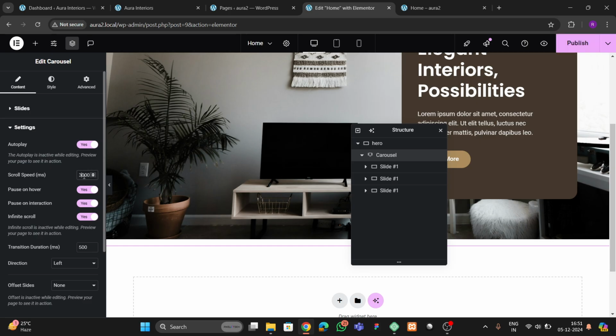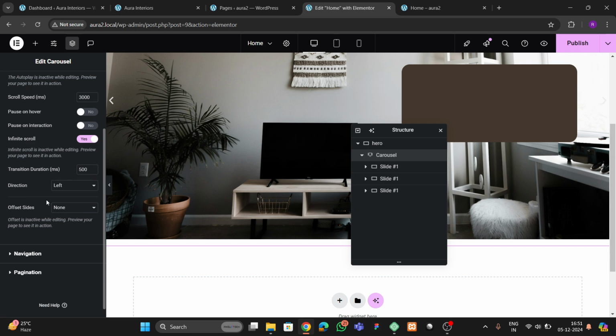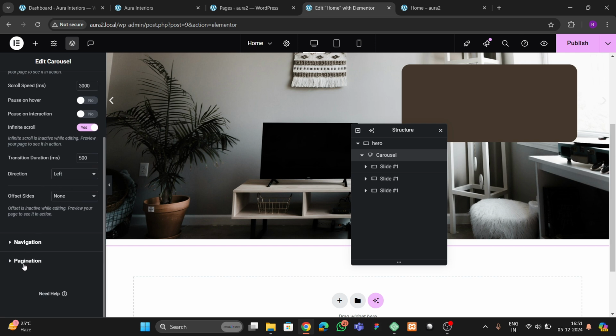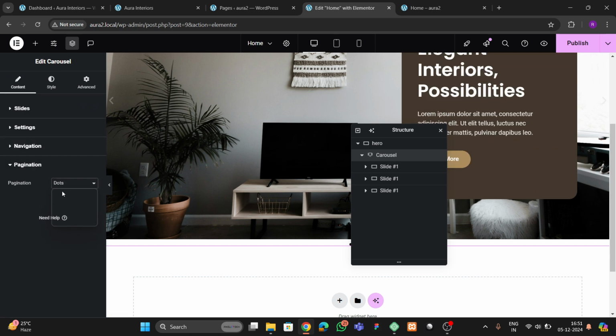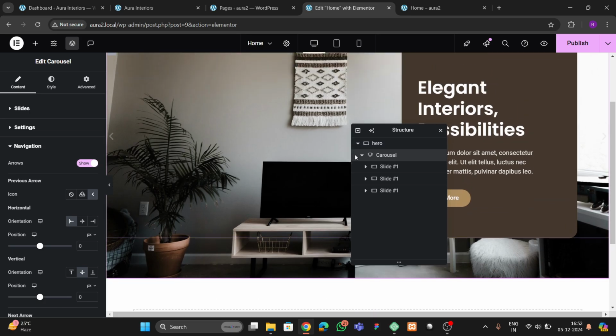reduce the delay time to 3 seconds, and here we have to remove the pause on hover, pause on interaction, we don't want this feature also, and the rest is okay. So we don't want the pagination also, we can make this none. So you will find this option, and here in the navigation also. Okay, so for the navigation,